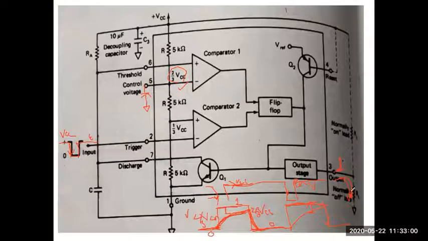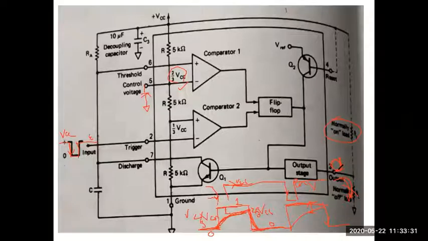The other way of connecting the load, you can see through dotted lines it is shown, is to connect the load from pin 3 to VCC. This method of connection is called normally on load. What do you mean by normally on? That means whenever the 555 timer output is in the stable state, that is zero state, we haven't even given any trigger. Without giving trigger pulse, output will always be in zero state.